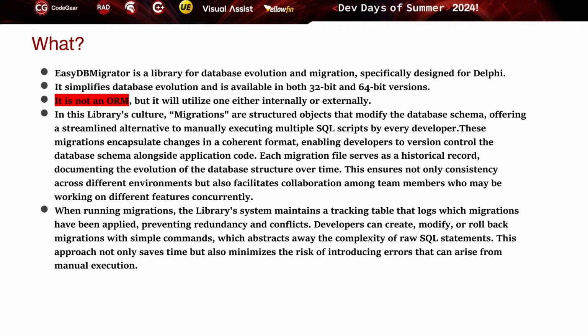This ensures not only consistency across different environments, but also facilitates collaboration among team members who may be working on different features concurrently. When running migrations, the library system maintains a tracking table that logs which migrations have been applied, preventing redundancy and conflicts. Developers can create, modify, or roll back migrations with simple commands, which abstracts away the complexity of raw SQL statements. This approach not only saves time, but also minimizes the risk of introducing errors that can